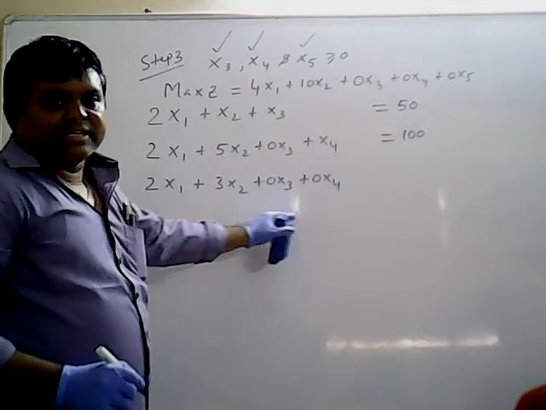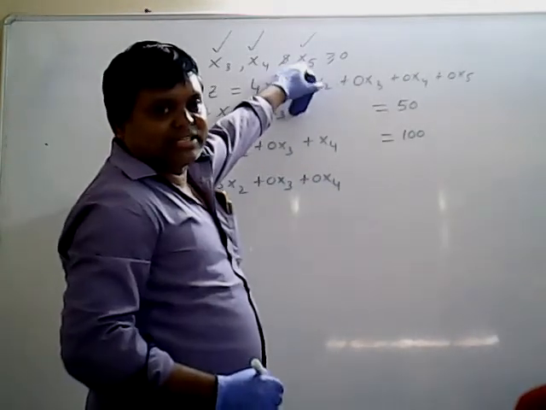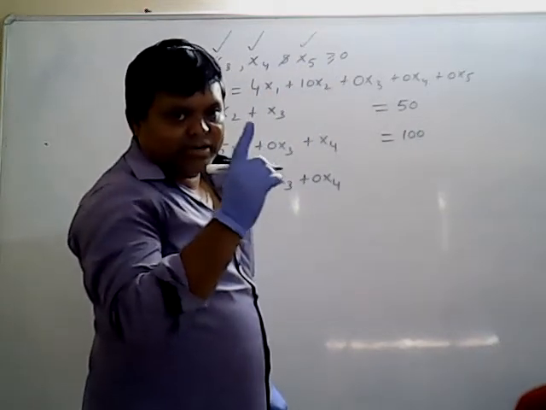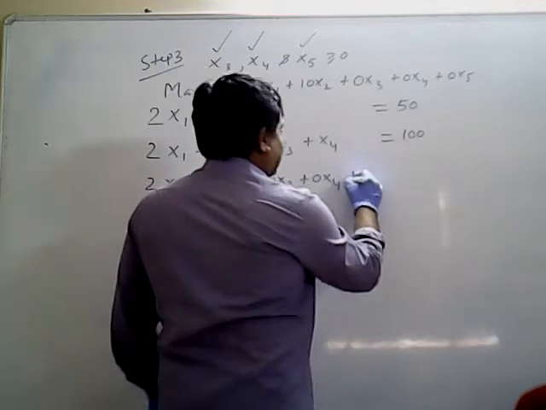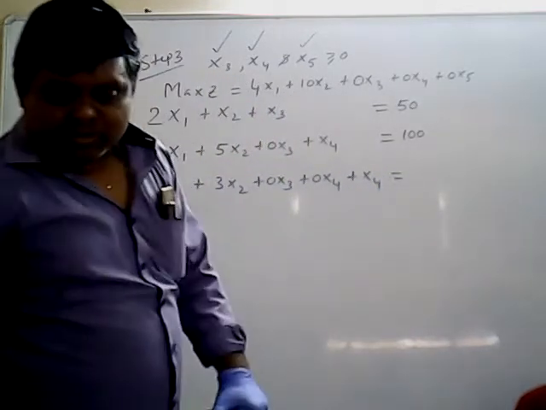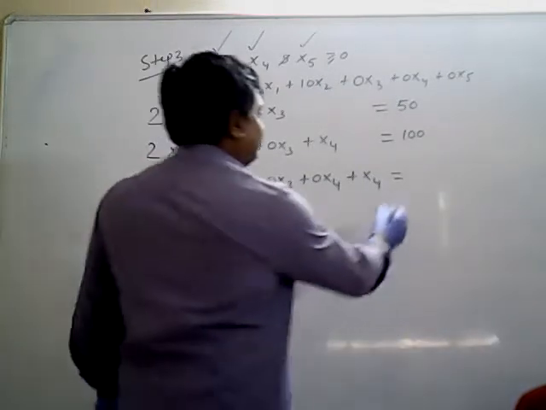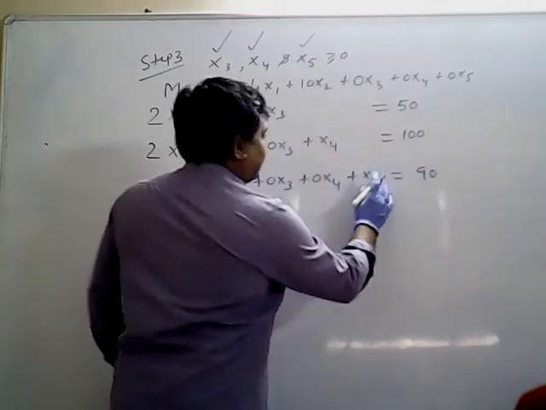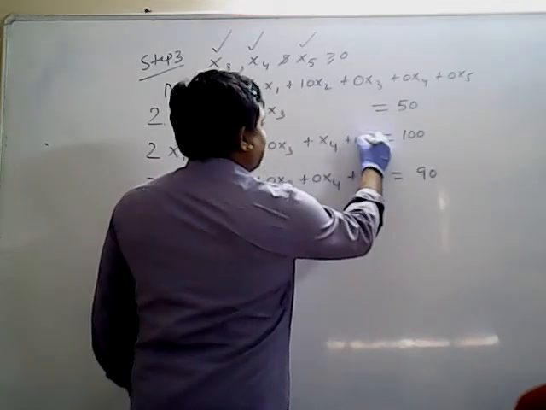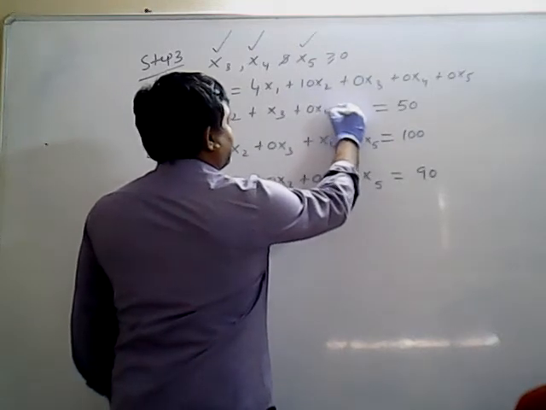Now third constraint is also less than or equal to type, which means next slack variable is added. What is the next slack variable? x5. Added means take 1. Coefficient is 1. So that inequality becomes equivalent to the value 90. 90 I think. 90, na? Third one 90. Yeah, 90. Sorry, x5, this is x5. So you get 0x5 here. Here x3 is added, over to 0x4 plus 0x5.